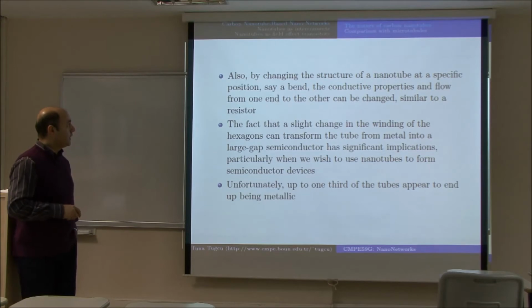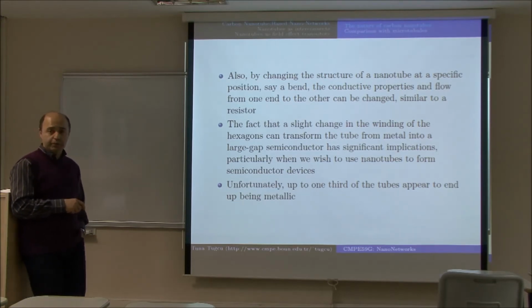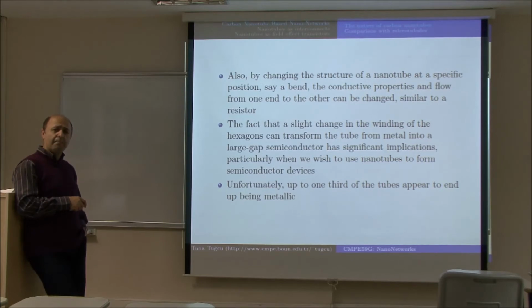You can also change the conductive properties by changing the structure of the nanotube at a specific position, for example by bending the nanotube. Because this layout affects how, for example, the holes propagate in the case of semiconductors. And from one end of the tube to the other it can be changed, which will actually correspond to a resistor